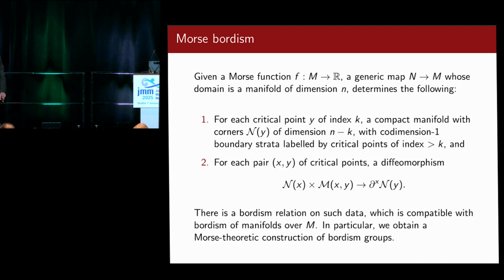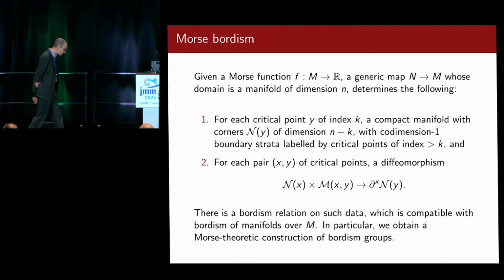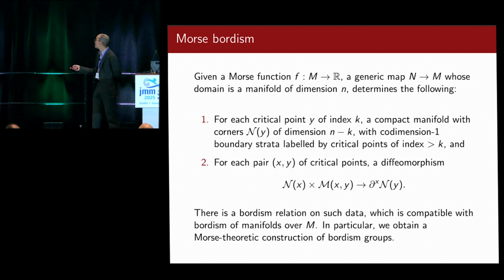So what Morse taught us, as reinterpreted by Smale and Witten, is that you can compute ordinary homology by studying the function f and its gradient flow lines. And now you can ask, what more can you get? Can you, for example, reconstruct the bordism groups of M from this construction? So can you encode all the information about a map from another manifold to M into something which is of a Morse-theoretic nature? And the answer is yes, and you can see the answer is yes fairly clearly by just assuming,